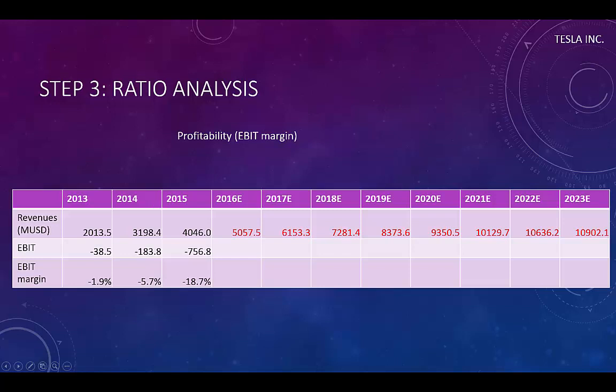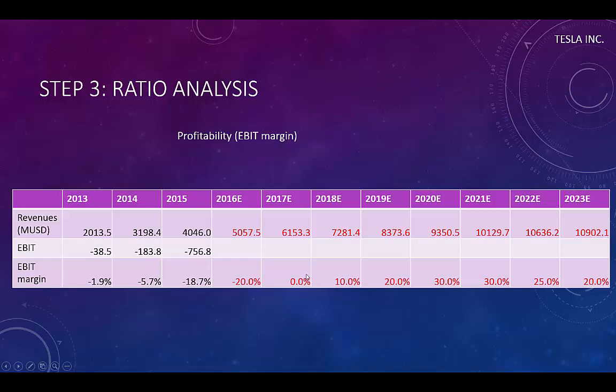If we calculate the historical EBIT margins, we see that Tesla has had declining profitability, declining EBIT margins, for the last 3 years. That is probably because this is a young company in the beginning of its life cycle. It is doing a lot of investments and growing, which is quite costly. While the revenues are growing rapidly, as we saw in the previous slide, they are still not high enough to generate positive profits. However, it is likely that at some point in the future, the profits will turn from negative to positive. Let's assume that this happens 2 years from now.